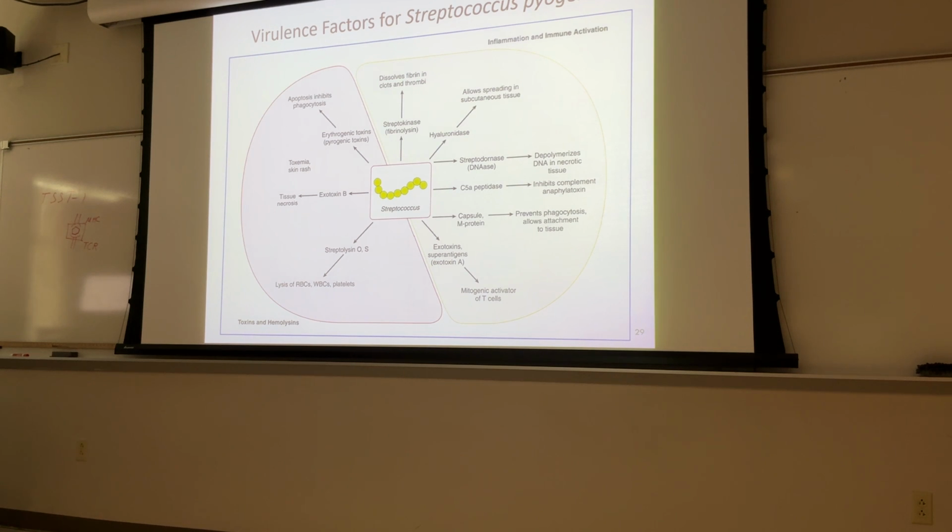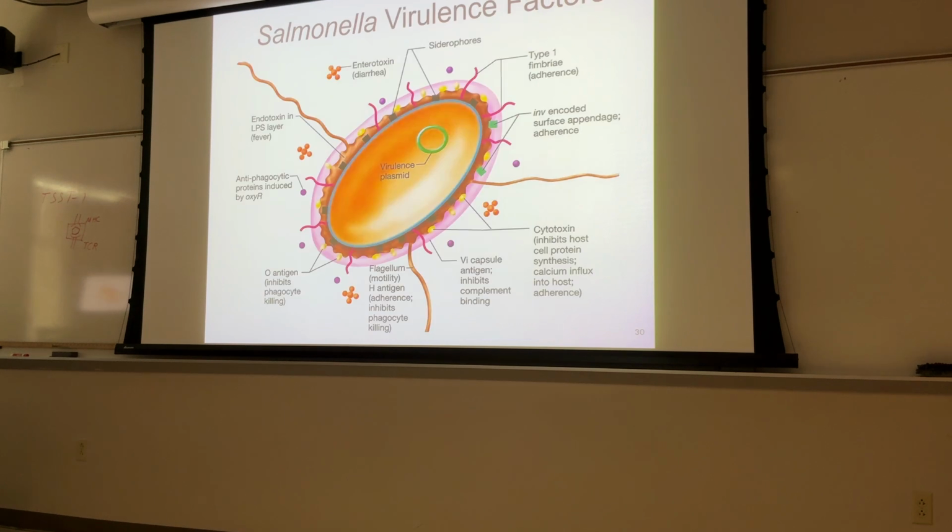Somewhat true for strep pathogens as well. The repertoire it has to work with is pretty long, so we talk about strep in a lot of places too. They've just over the years evolved to be pretty good at what they do, unfortunately. Please do not try to memorize all these factors. Salmonella virulence factors. Salmonella is another one that can cause some very nasty infections. It doesn't make quite as many virulence factors as staph aureus, but it has quite a few things to